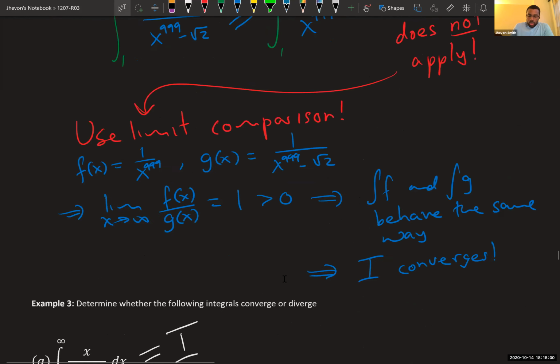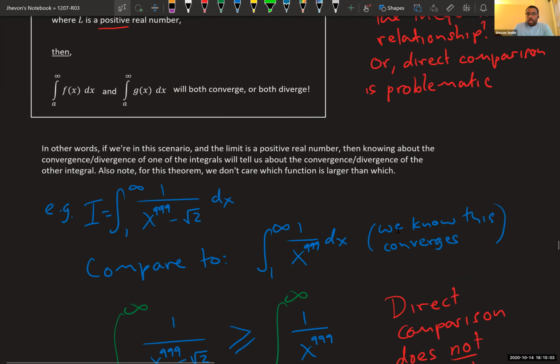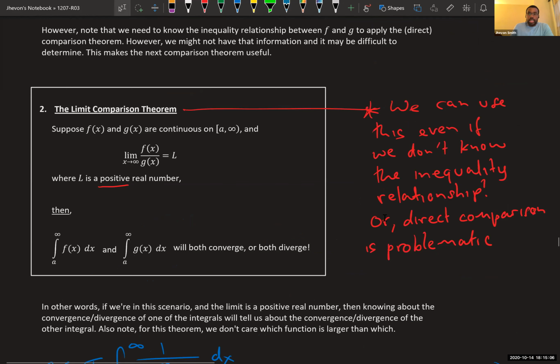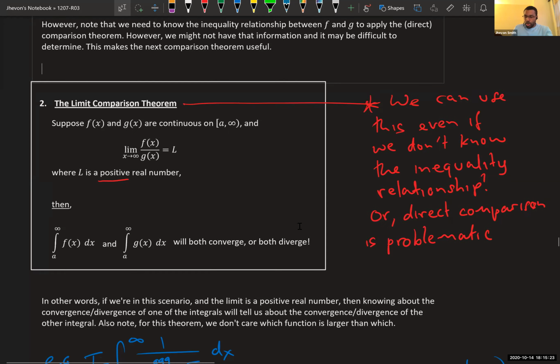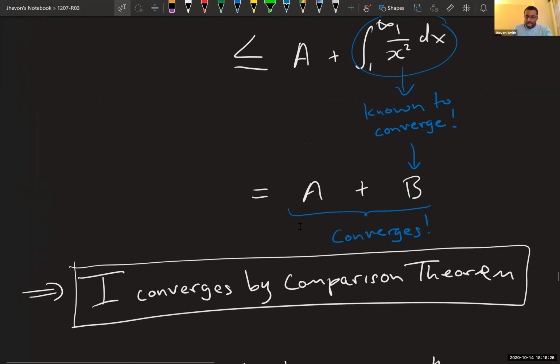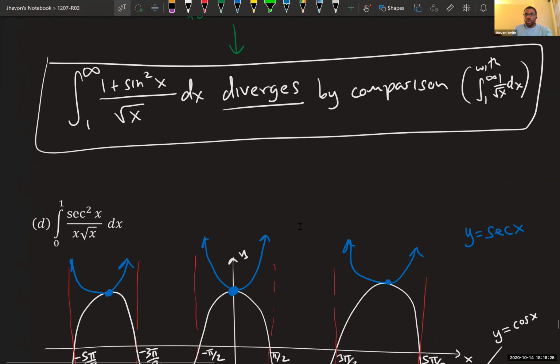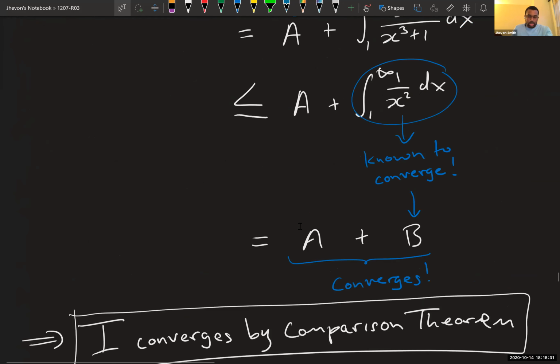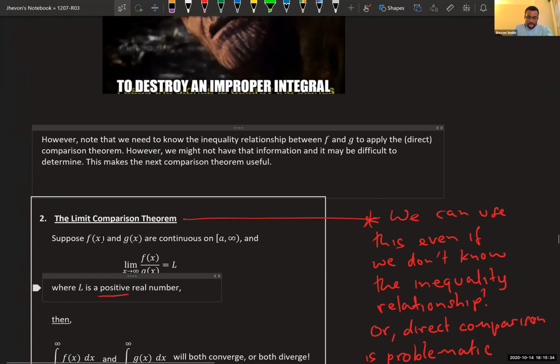You basically want to know that what you're looking at has to fit this theorem. Now, in regards to this theorem, you notice that what you need is to be able to compute this limit, which means the situation that you're in is going to depend on, can I compute this limit and determine an answer? Unless you can actually do that, you can't get this to work. So pretty much in any scenario where you actually can't compute the limit of the ratios, like if you want to compare the function you're given to some other function, but you cannot compute the limit of the ratio, then you can't use this.